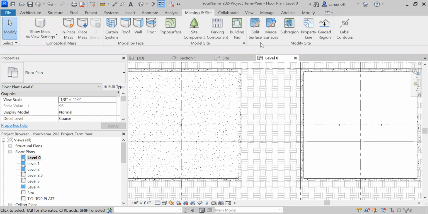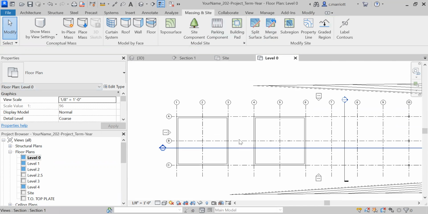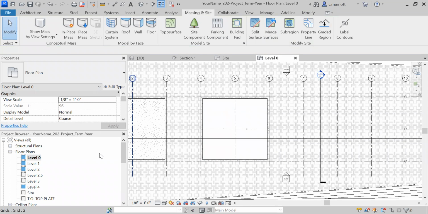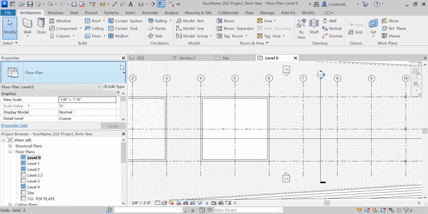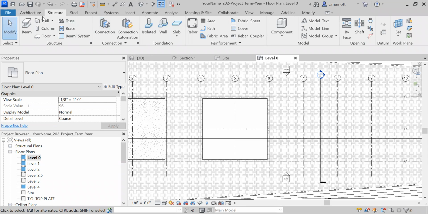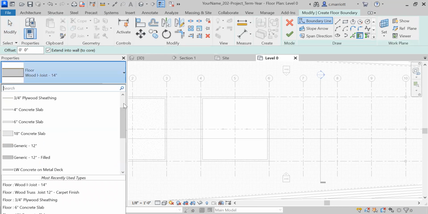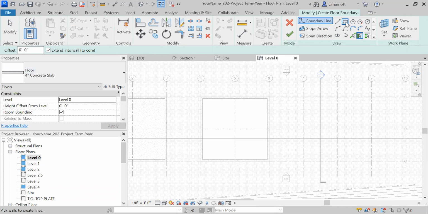So let me do that. Okay, let's see here. We're going to go to architecture, structure, floor. Let's see if I have that concrete slab handy, 4-inch concrete slab. And I'm going to draw it here,